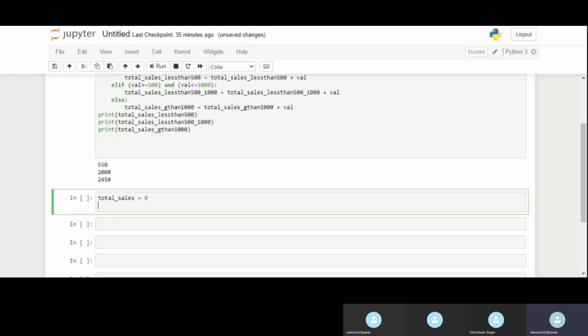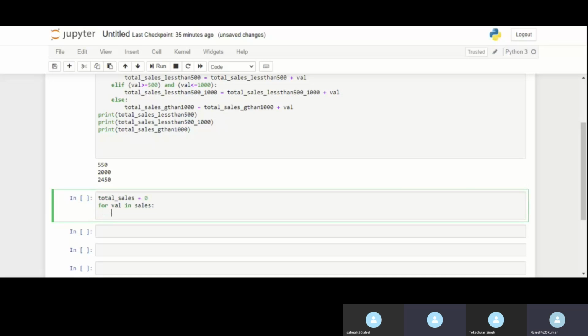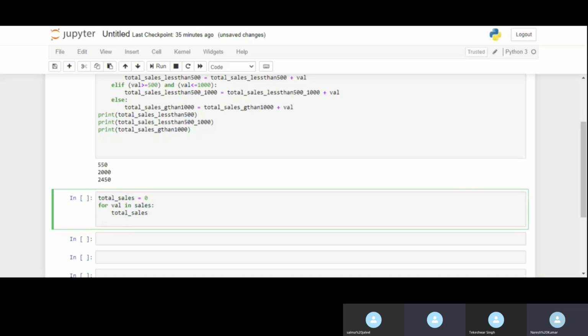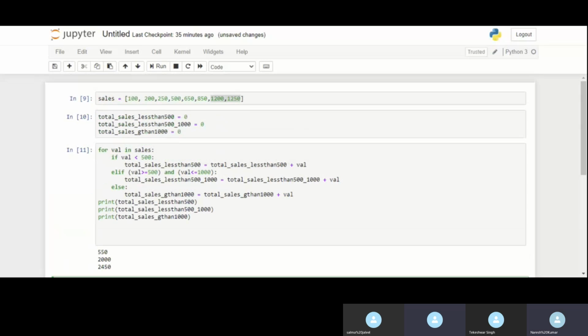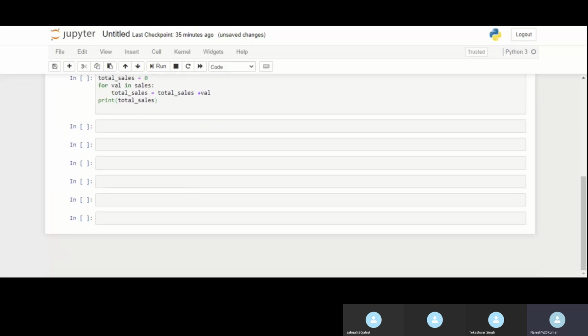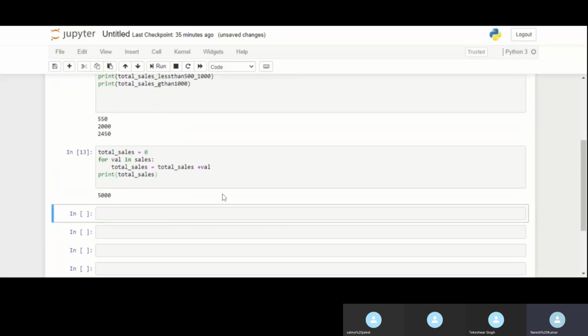Define it as 0, then for val in sales, what do you do? total sales equal to total sales plus val, right? And then print this total sales. So let's run this and then run this. So I have 5,000 as the total sales.